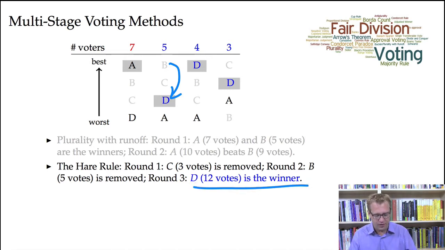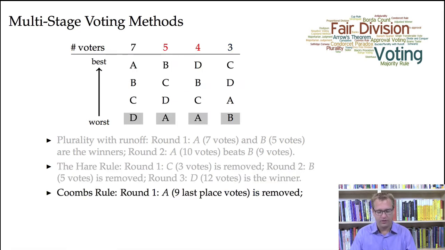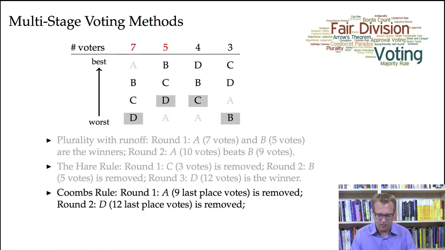Now, looking at the Coombs rule or Coombs system, rather than looking at the first place votes, we look at the last place votes. Now, the candidate that receives the most last place votes is, in some sense, liked the least by the voters. So in this case, it's candidate A with a total of 9 last place votes, and that candidate is removed. So that candidate's last place votes are transferred upwards. So we look at who these 2 columns rank third,